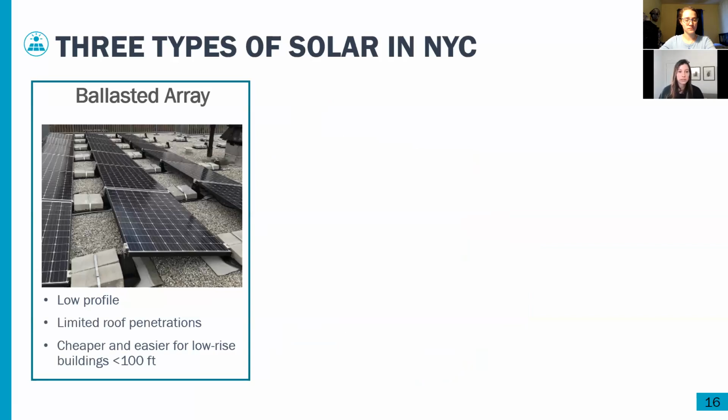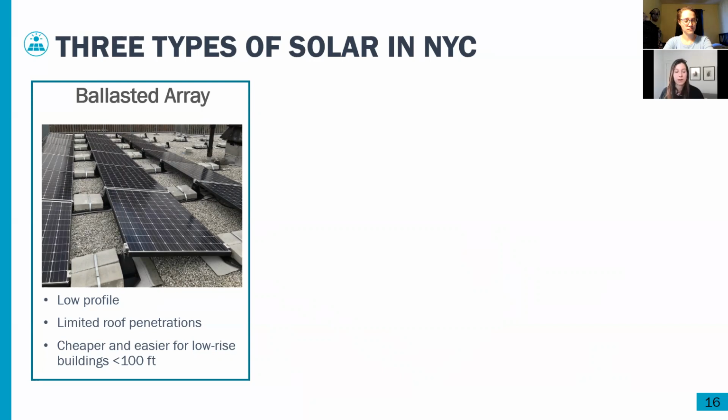So in terms of installation types, there's three main types that we see in New York City. The ballasted array is the most simple. It's very low profile. It sits right on top of the roof using a ballasted system, and that is typically held down with cinder blocks. Because of that, it typically does not require roof penetrations at all. And so it tends to be the least expensive system type, and it's only possible for buildings under 100 feet